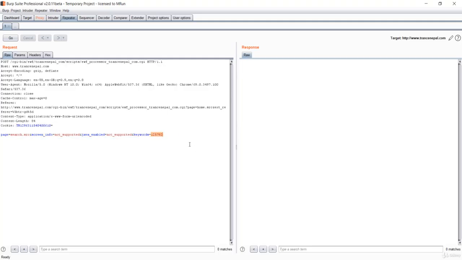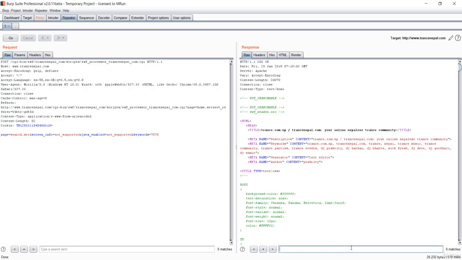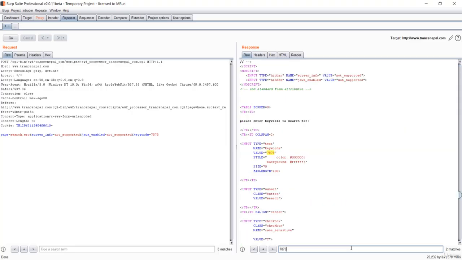Let me pass 7878 here and press the go button. If I pass something like 7878, you could see it has been reflected over here in the value field. That means this is the vulnerable field, or the keyword can have vulnerabilities.